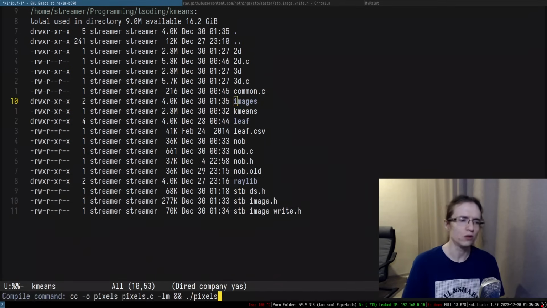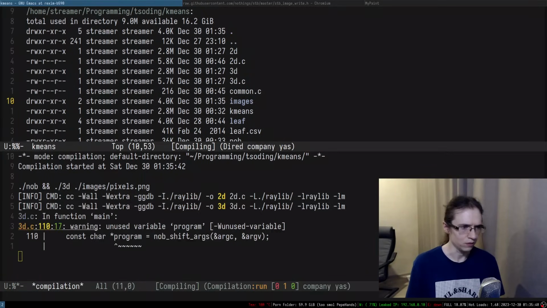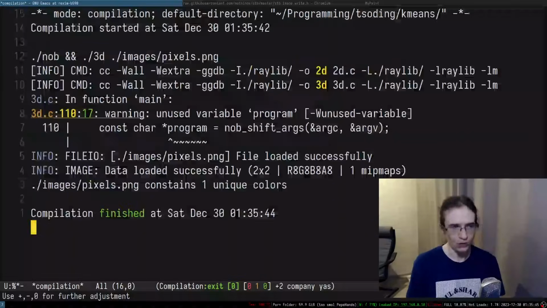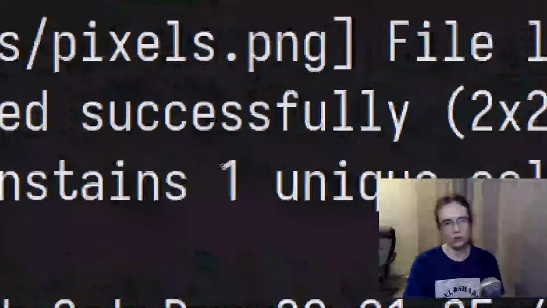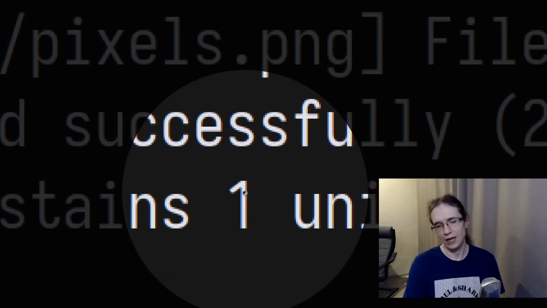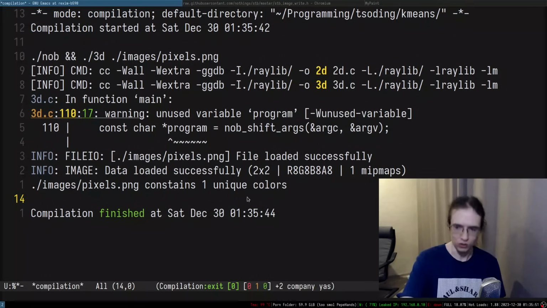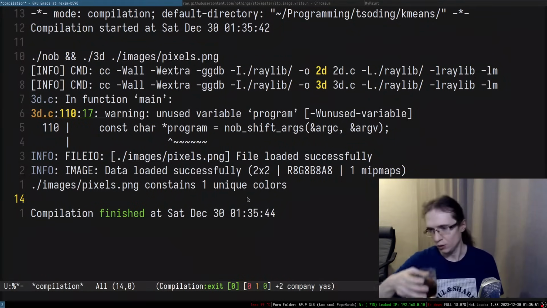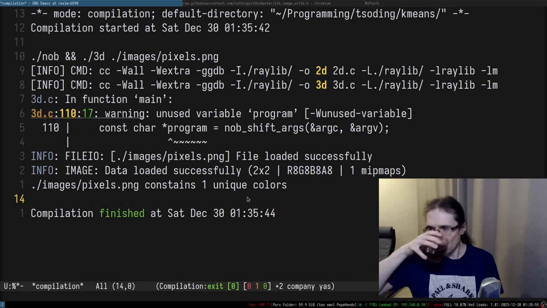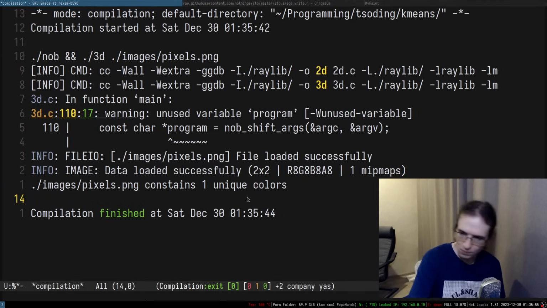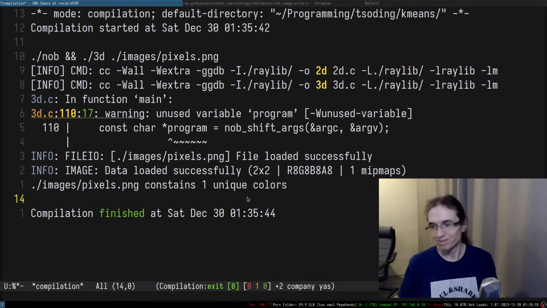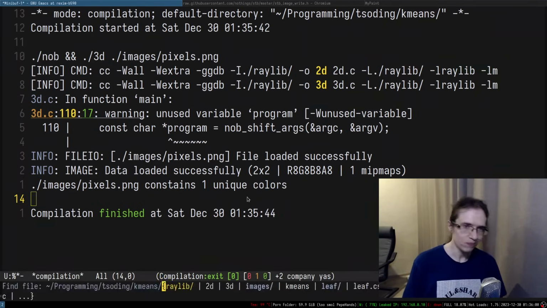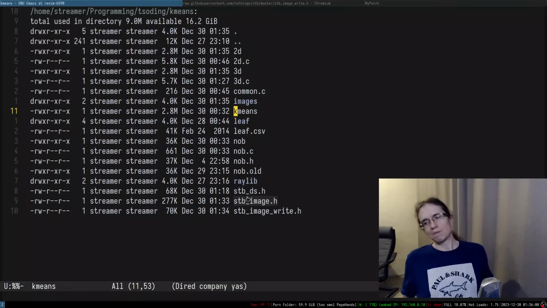So there should be one unique color. And so pixels, PNG. How many unique colors? One unique color. So finally, we managed to test our hash map, and it works beautifully. I'm super happy. Anyways, so